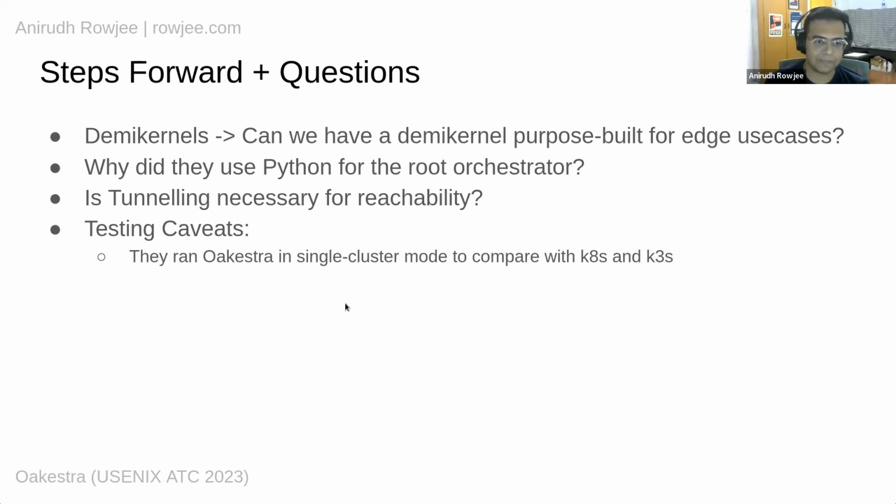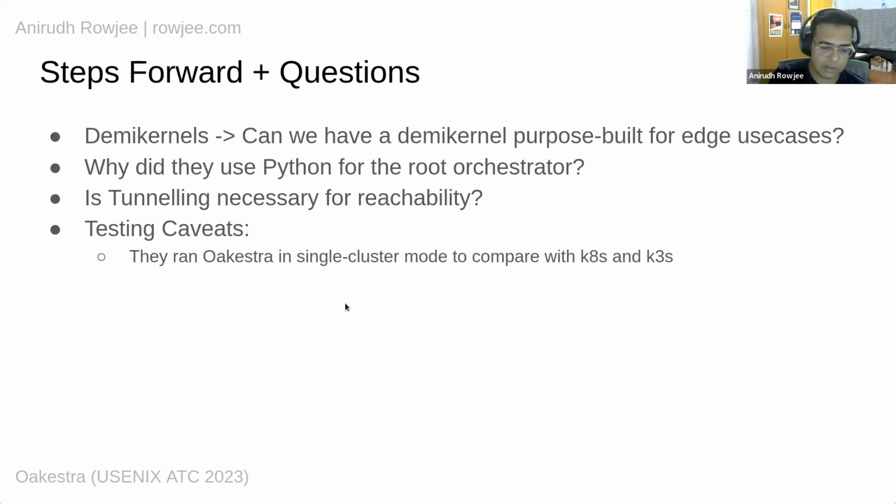But getting to the interesting part, when they did their test evaluation, they mentioned that for Orchestra to be comparable with K8s, K3s, and MicroK8s, they ran Orchestra in single cluster mode, which basically means that they didn't have multiple clusters interacting with each other. I believe they only had one, which to me raises some serious questions about how exactly effective these benchmarks are, right? Because if you're not testing on the biggest selling point of your framework, which is that, hey, I can do it across multiple clusters,